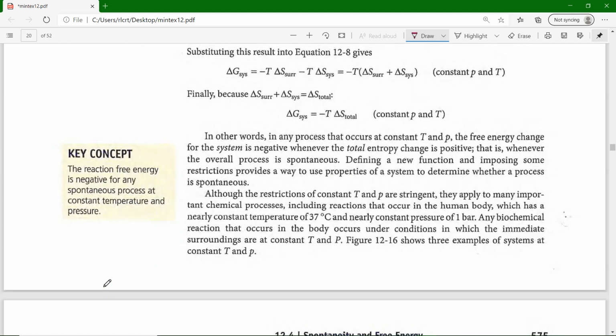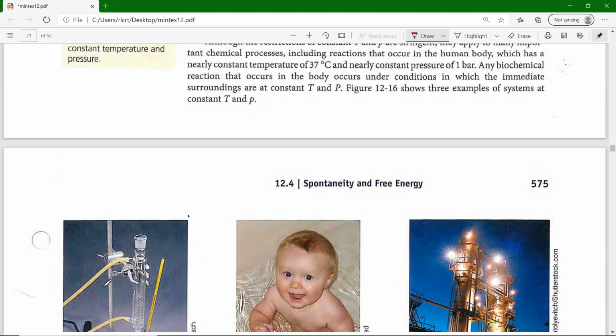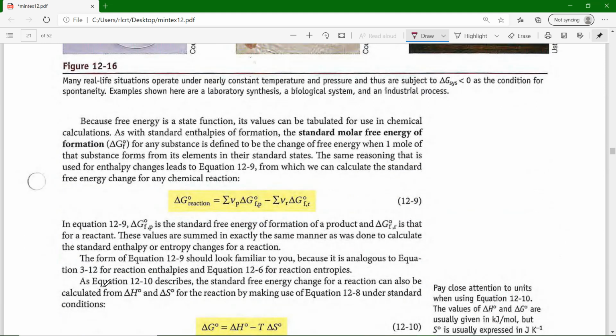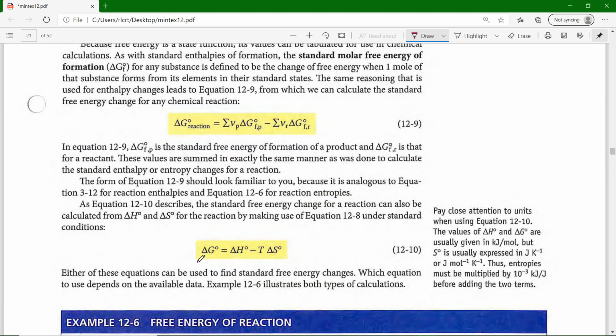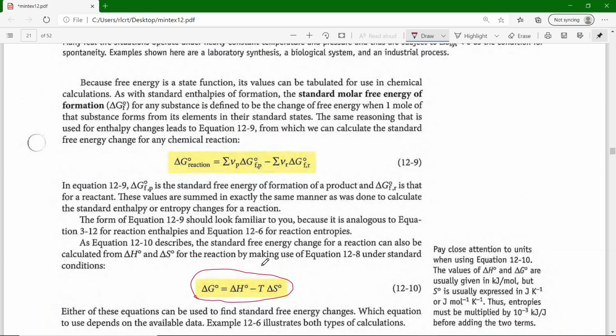Do we have here more descriptions of things, and maybe a bit too much information, but here we got delta G naught is delta H naught minus T delta S naught. So the standard free energy change is delta H naught minus T delta S naught. Another way to calculate delta G naught